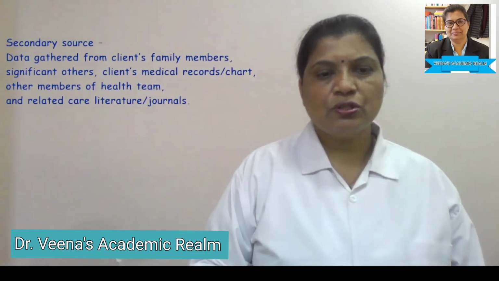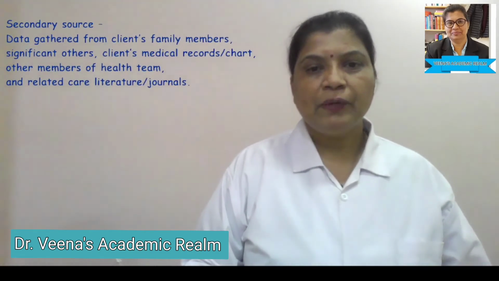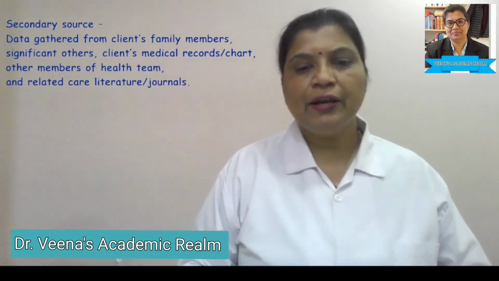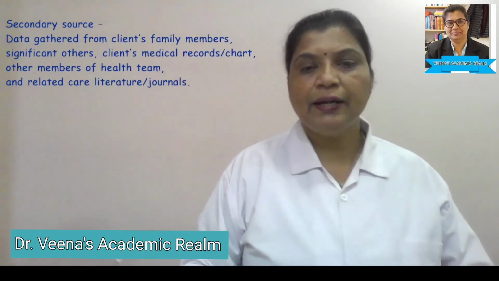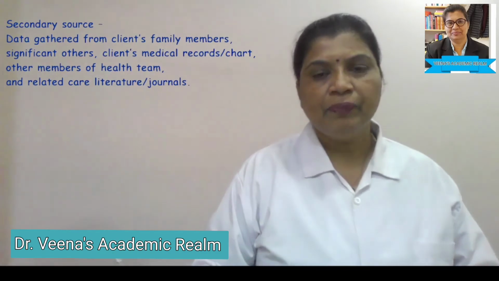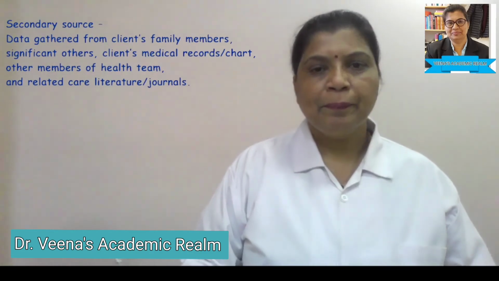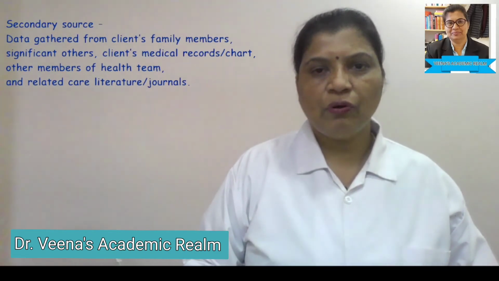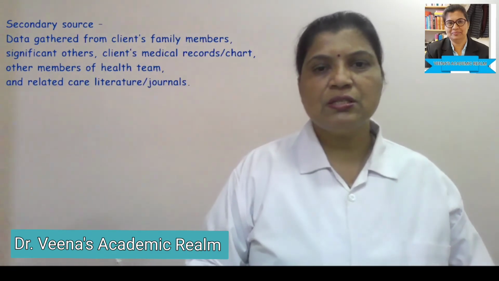Next is the secondary source. What is a secondary source? Secondary source is getting the information from different team members like nursing staff, family members, or related secondary records of the patient, previous records, charts of the patient, health team members, related literature, or whatever information we have, we need to take the information from that. That is a secondary source of information. For example, a team member, a nurse, gives information about previous conditions, like what the patient had for dinner yesterday, what the patient's previous condition was, or the information given by a family member. So this is a secondary source of collecting the information.